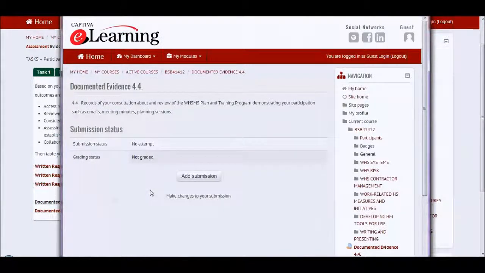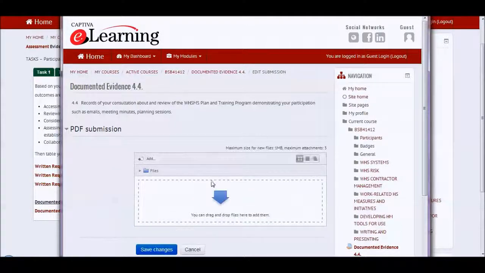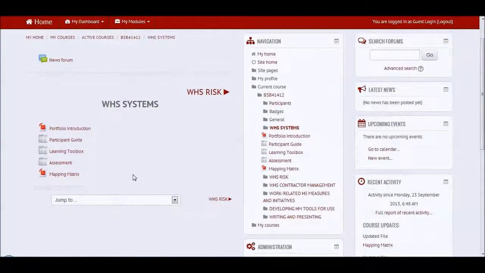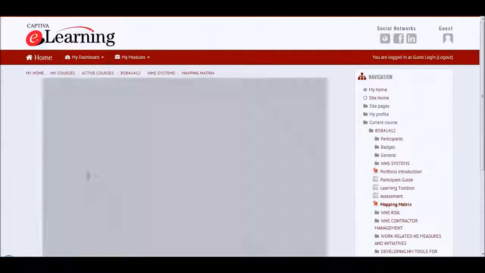The documentary evidence further supports the task that they've carried out, and they simply add their submission and can click and drag files in here. All of the assessments follow through in that process, and then at the end we have the mapping matrix,